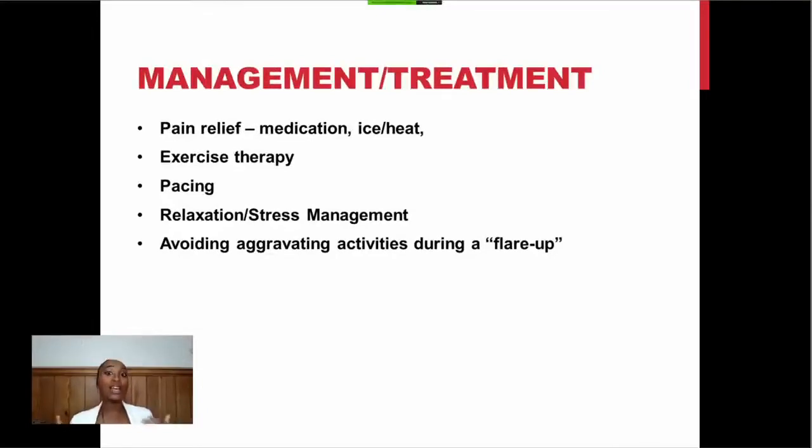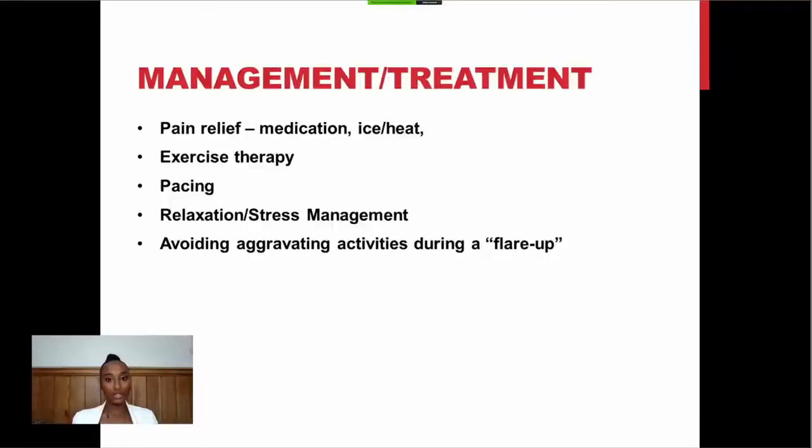So, if the pain is really bad, I see a lot of people that come into the clinic and they're not taking pain relief. And I suggest that to them and they say they don't want to because they say it just masks the pain. Yes, it does. But actually for a joint that's arthritic and that arthritis is going to be there forever, if the pain is meaning that you're becoming less active, you're better off taking something for the pain and enabling yourself to do more exercise and get stronger and fitter, because that's going to be better for you in the long term. So apart from pain relief, you can use ice and heat.